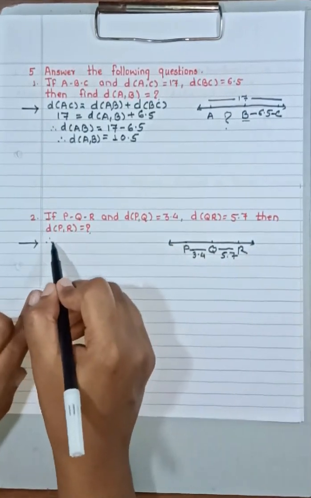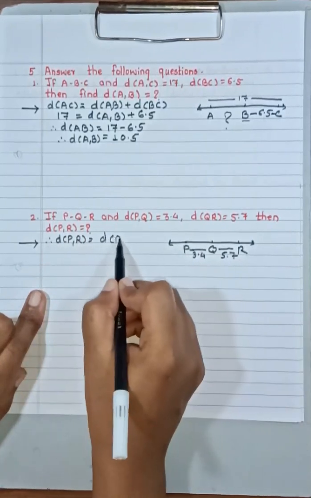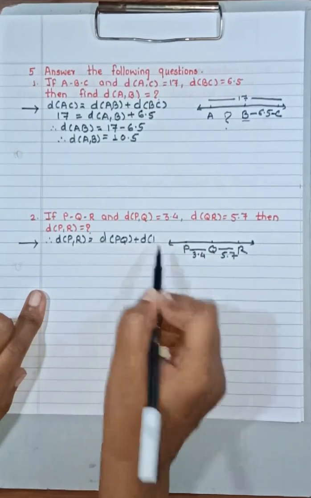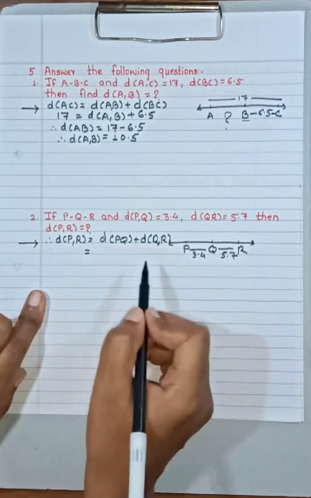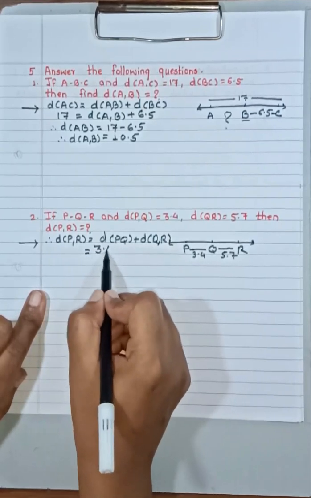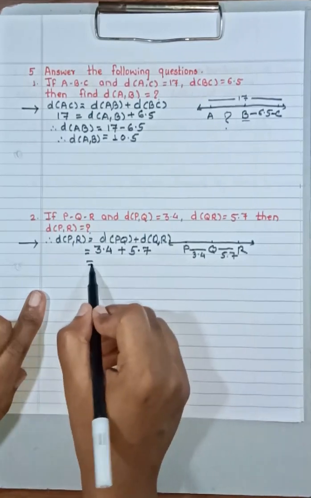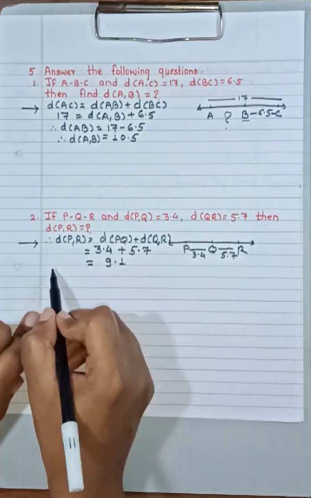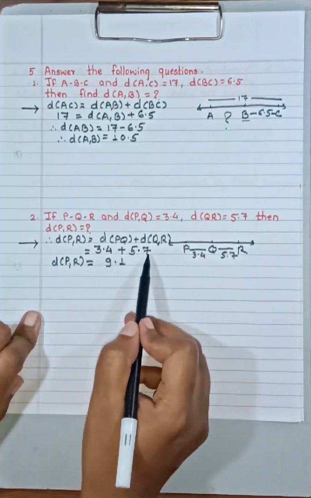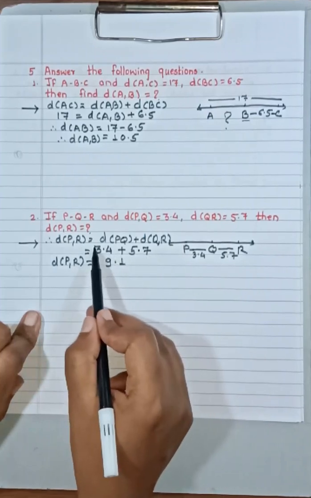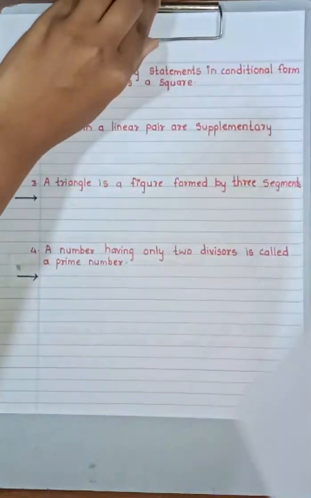Okay, therefore you can write down that distance PR is equal to distance PQ plus distance QR. Okay, distance PQ is how much? 3.4 plus 5.7. Okay, that is how much? 9.1. Therefore you can say distance PR is 9.1. See, as 7 plus 4 is 11, 1 carried, 4 plus 5 is 9, that is 9.1. Now